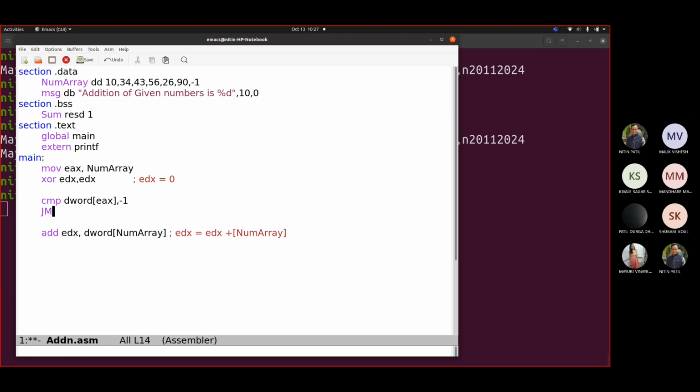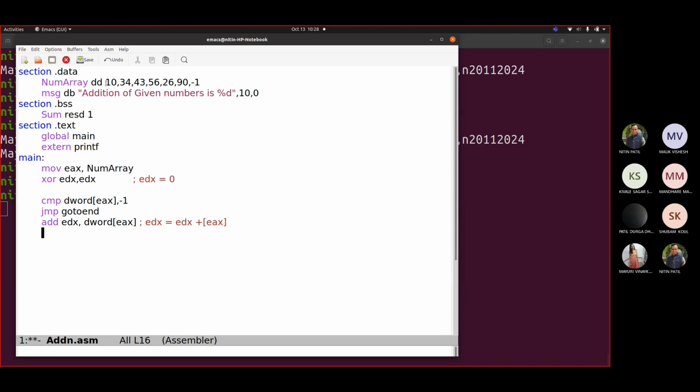So jmp go to end. Okay. Now if it is not -1, then what should it do? It should add this. So instead of num array, I would be writing here ecx, because we took the address of num array here in ecx. Fine. So in this case, now what I'll be writing? It would be ecx.